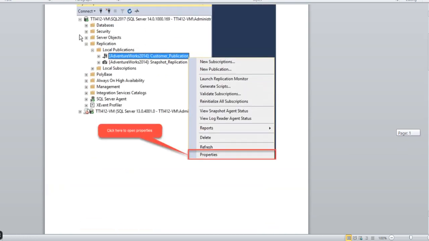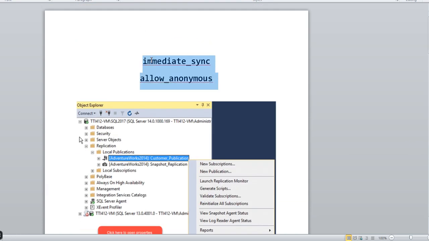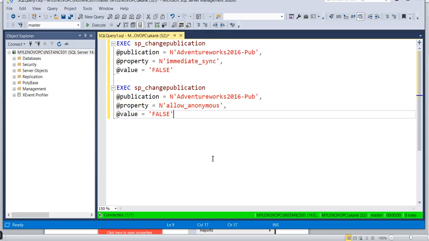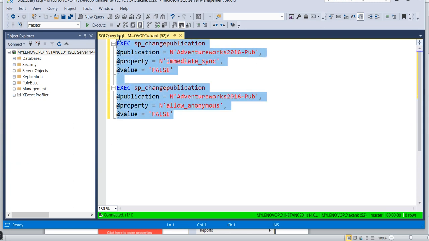If you look at the document, at the start only, I have mentioned these two parameters. These two parameters play the key role in helping with these issues: immediate_sync and allow_anonymous. So if you go to my Management Studio, you need to execute these steps on your publisher database.